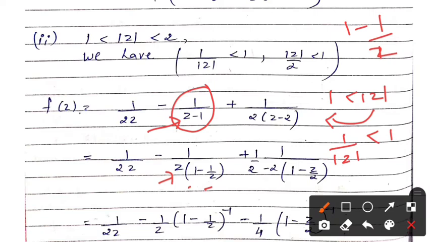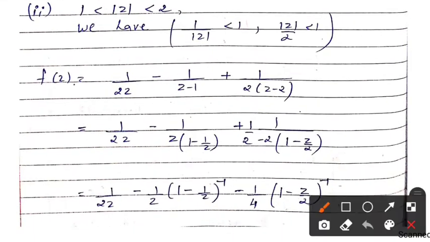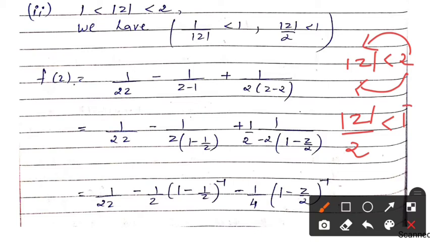Okay. Now next, our next is mod z is less than 2. If I want something less than 1 here, I have to take 2 to the denominator. So I get mod z by 2 less than 1. If I take this 2 to the denominator of mod z, then here I will be left with 1. Okay. So in the third part of the series, what I have to set is 1 minus z by 2.